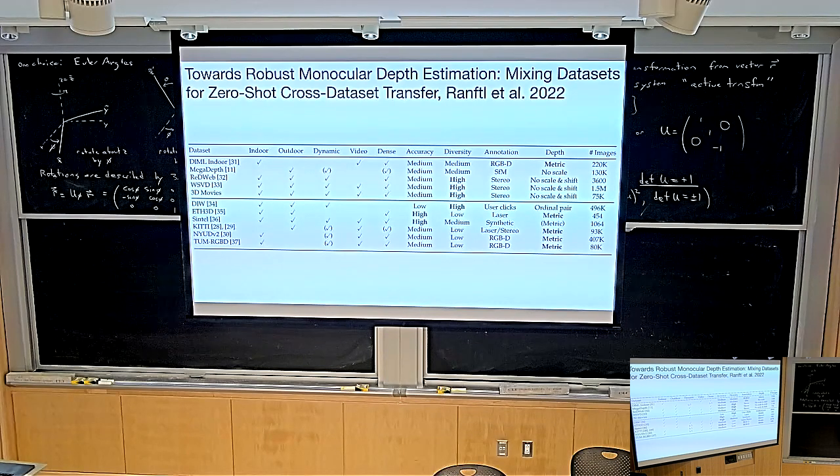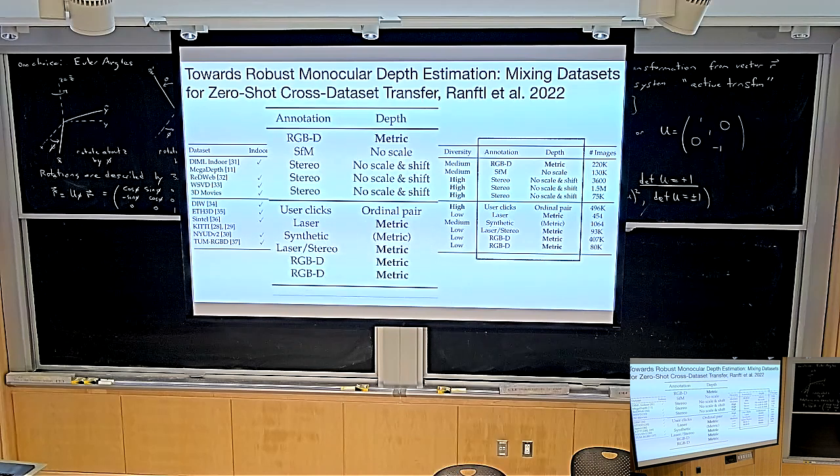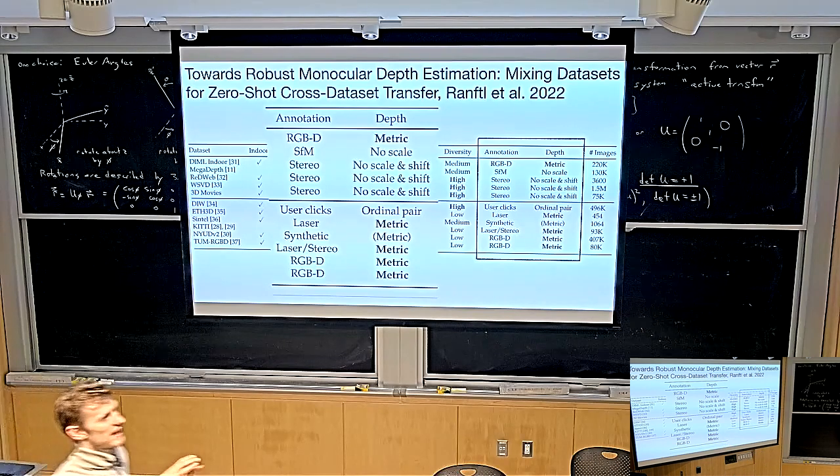The thing we're going to want to look at tells you a lot about the state of the field. Note this is from 2022, so this is just from a year ago, right? So this is really still an active area of research. The thing we want to look at is this little box here. There's annotation and there's depth. By annotation, they mean how this data set was collected, so how the people who collected it got the ground truth depth. And for depth, they denote whether the depth is metric or of arbitrary scale. Let's look at this table for a moment and see if we can explain what is happening with what we have learned so far.